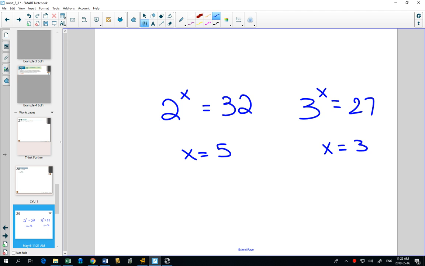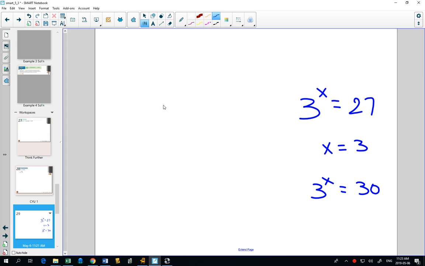Now, in this unit, we're eventually going to get to the point where we say, I know that 3 cubed is 27, but what happens if it was equal to 30? What would the answer be? Well, more than 3, because 3 cubed is 27, but less than 4, because 3 to the 4 is 81, but how do I do that? And what we do in math is over time we develop strategies, sort of mathematics, like